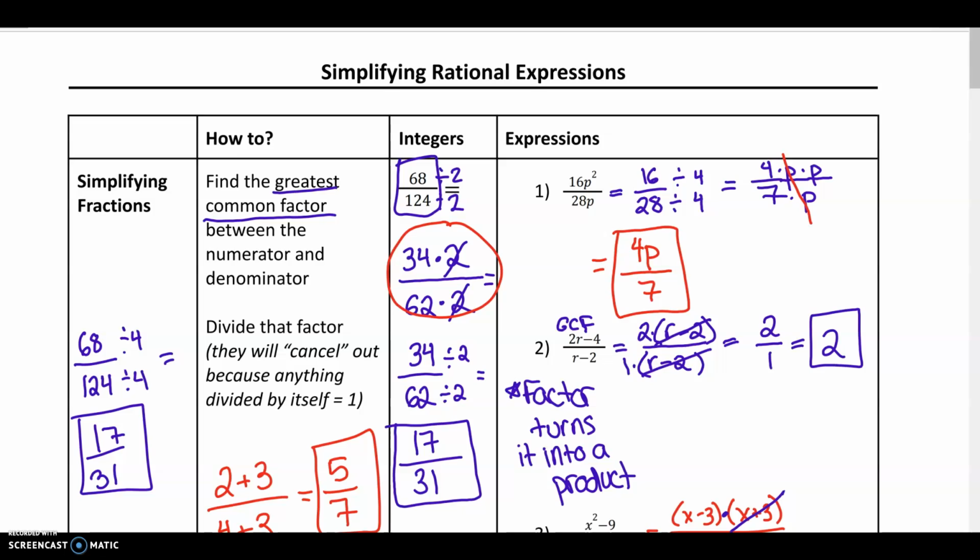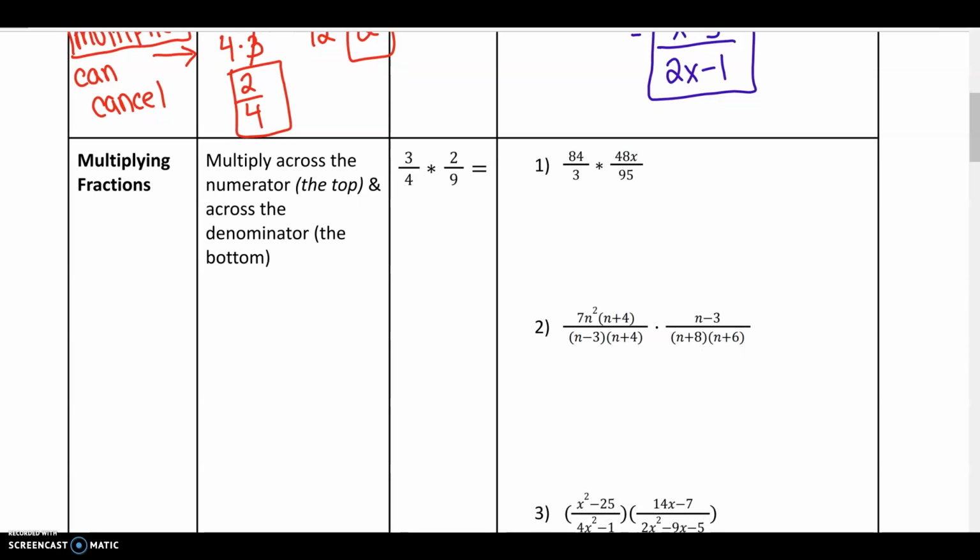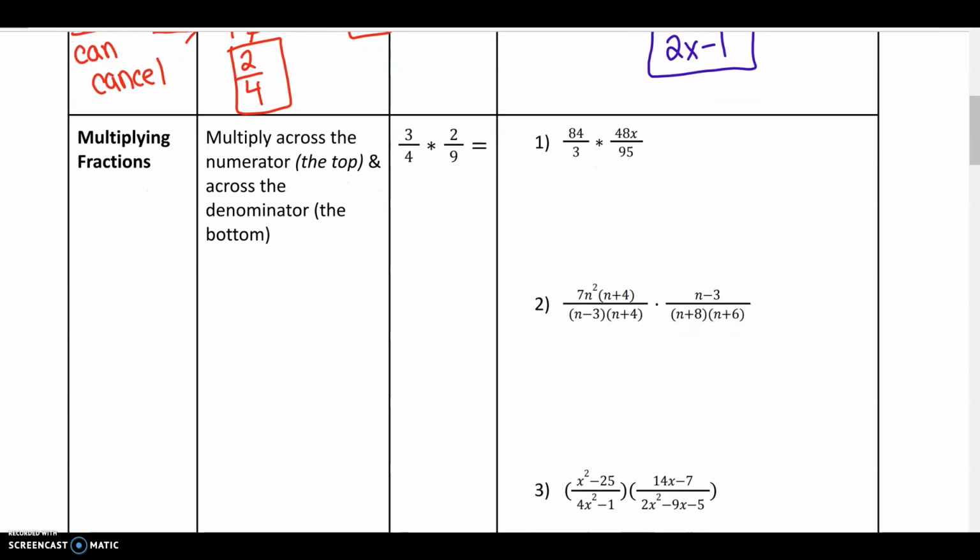Hi everyone. In part one of this video, we talked about simplifying just general rational expressions. And in part two, we're going to go on to multiplying and dividing rational expressions, or multiplying and dividing fractions with variables in them. Before we talk about rational expressions, we're going to review how you multiply or divide fractions